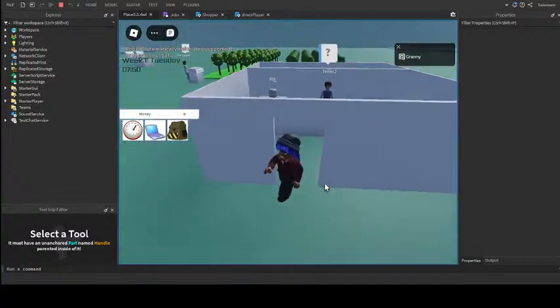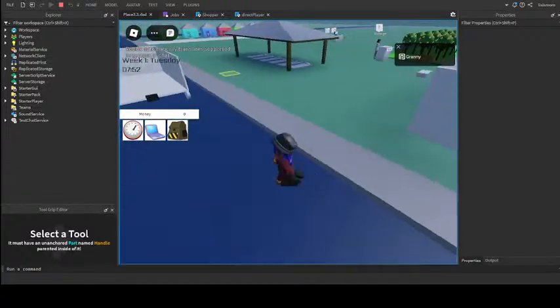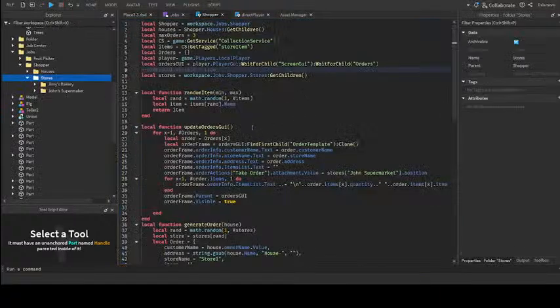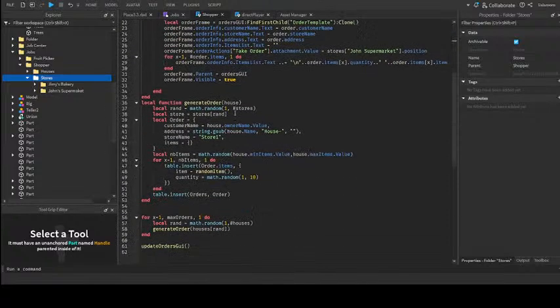Okay, well, let me go back to scripting. Okay, so here we go. Let's go back and fix this job. Okay, so let's skip that order GUI, it's invisible anyways. Okay, so we're choosing a random store, and now that we have a random store,